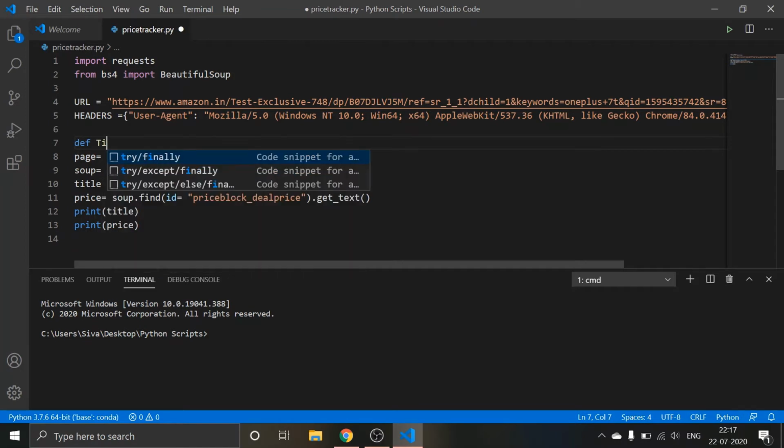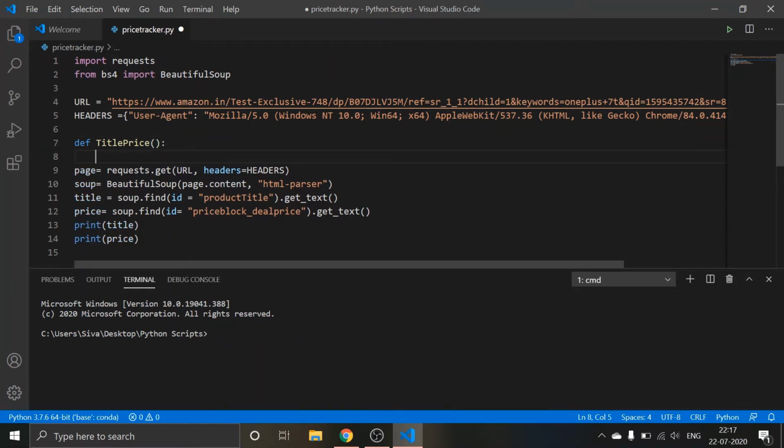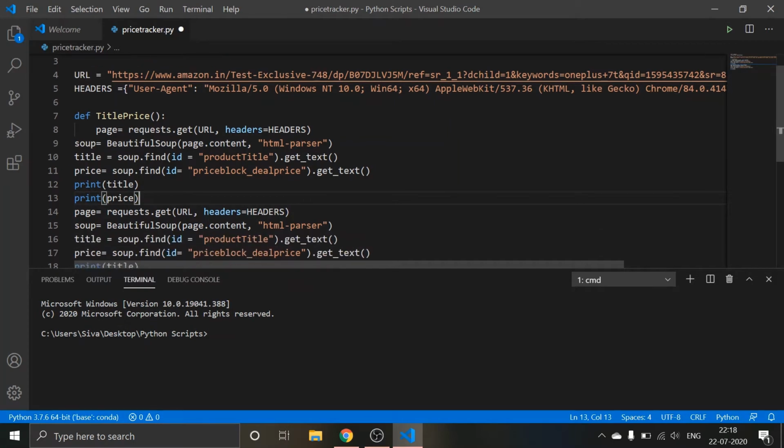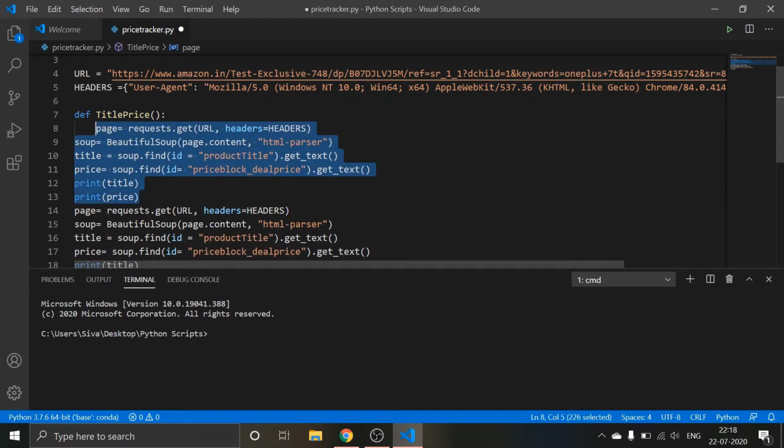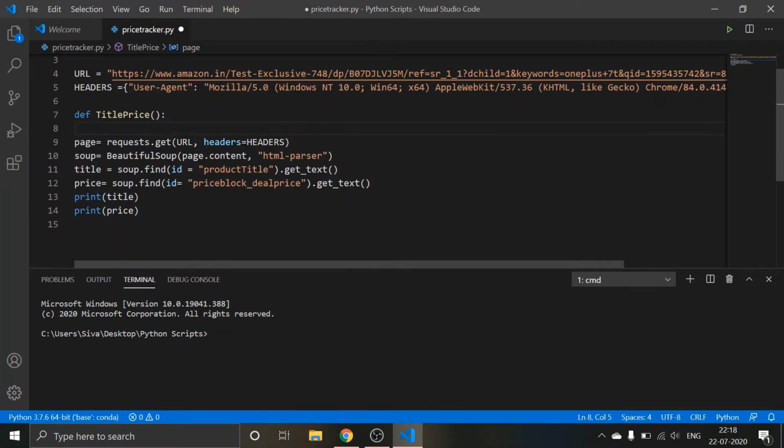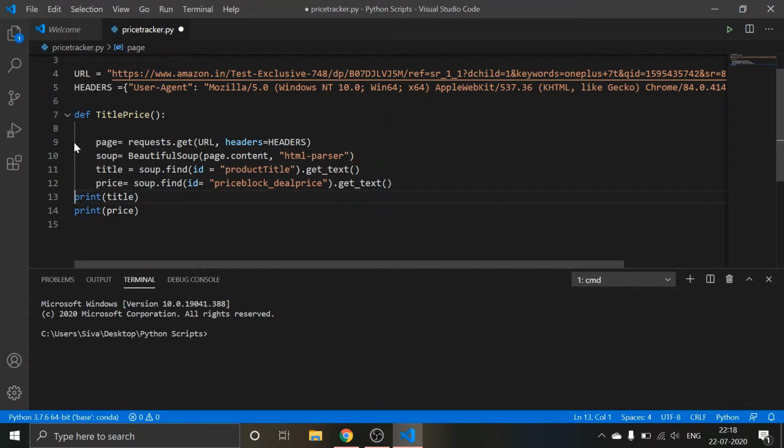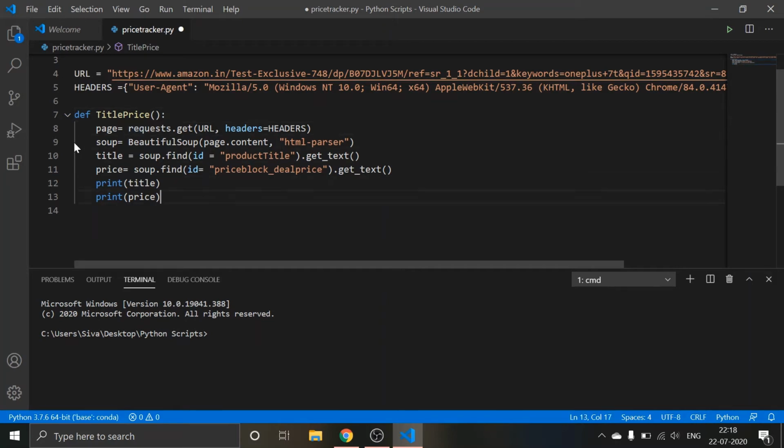Yeah, title price will be fine. I'm pasting it here. Sorry, I thought I pasted it. Let me tab it first for you. I'm such a noob, that's why I'm doing it line by line. Don't laugh at me. Okay, so this thing is done.